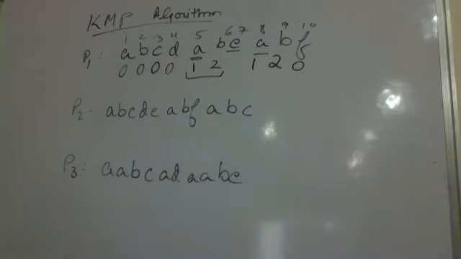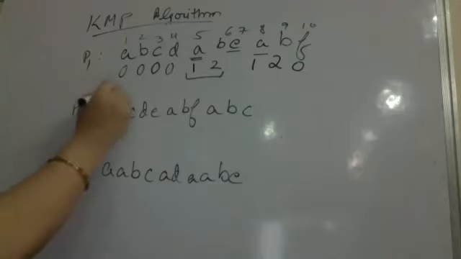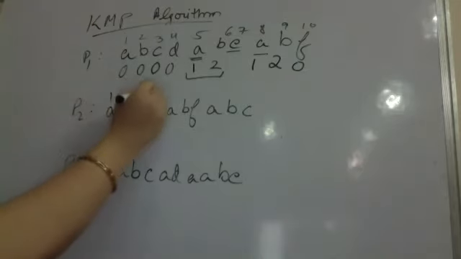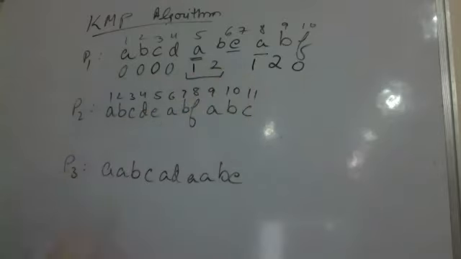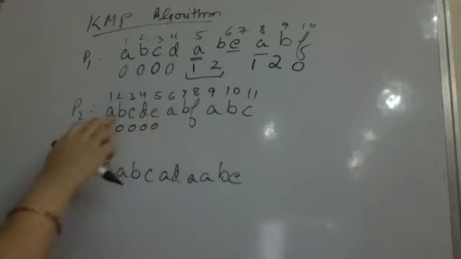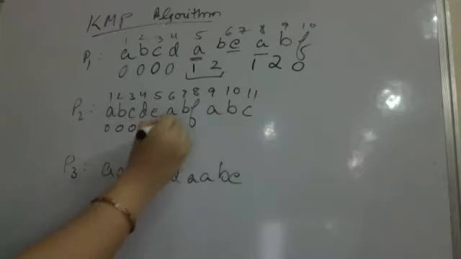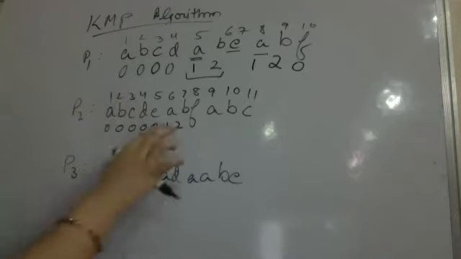Let's see another example for constructing the same. So I have the locations or the indexes of my pattern, as some indexes are there. Let's again see. These A, B, C, D are occurring for the first time. A, B, C, D, E are occurring for the first time in the pattern. So the table values are 0. Now this A and B have occurred before. So I write 1 and 2.